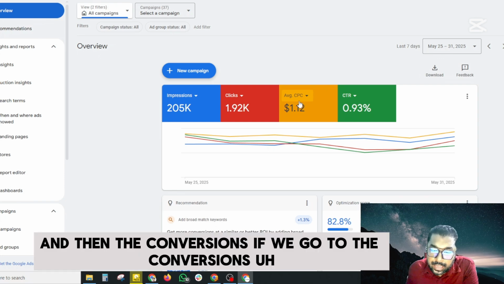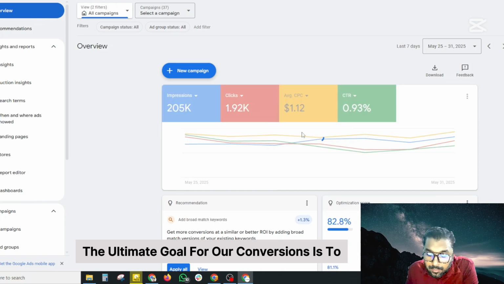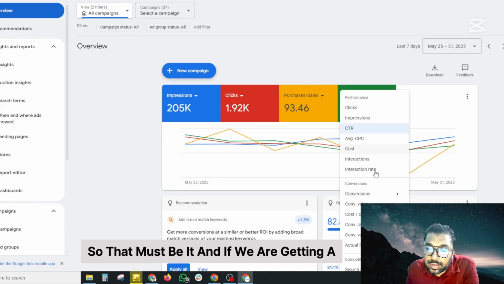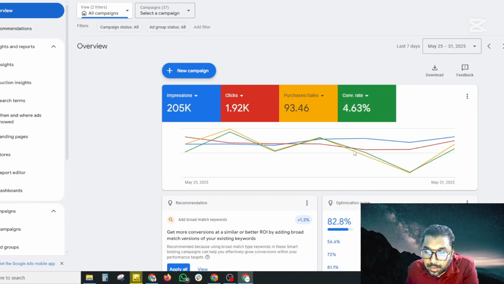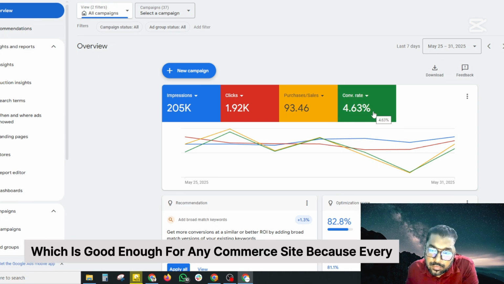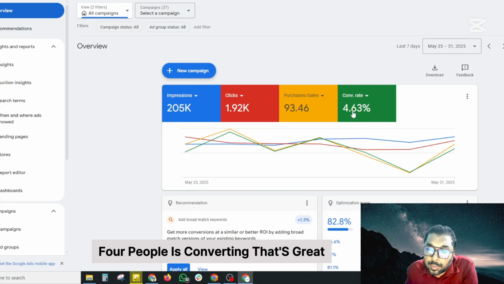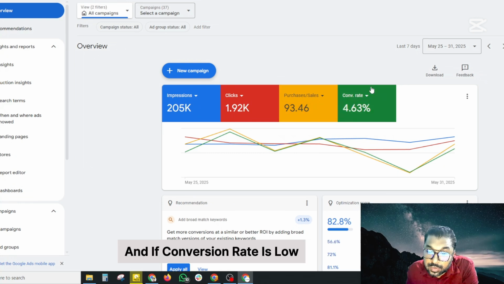All right. And then the conversions. The ultimate goal for us is to get as many conversions as possible. Let me go to the conversion rate. All right, so the conversion rate is 4.63%, which is good enough for an e-commerce site, because for every 100 people viewing our ads, 4 people are converting. That's great. So if you're getting lower amounts of conversions, and if the conversion rate is low, then